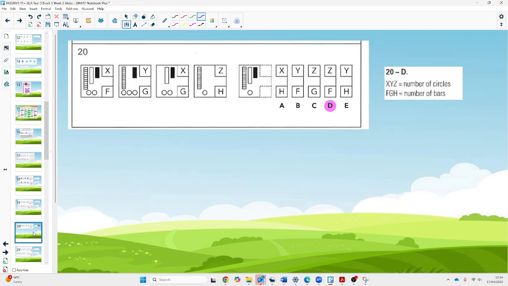Question 20. X, Y and Z along the top, that stands for the number of circles. Now what's quite interesting with this question, it's something that often happens within these horizontal codes. Even though we're looking along the top row of letters, sometimes that can stand for things that are at the bottom of the figure and vice versa. So you may be looking at the bottom letters, but actually it stands for a shape or a figure at the top. So not to get confused, we will start with the top row,